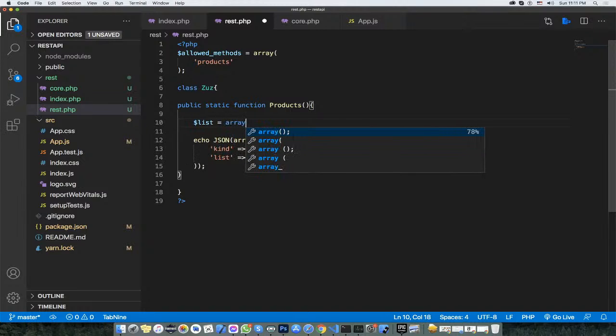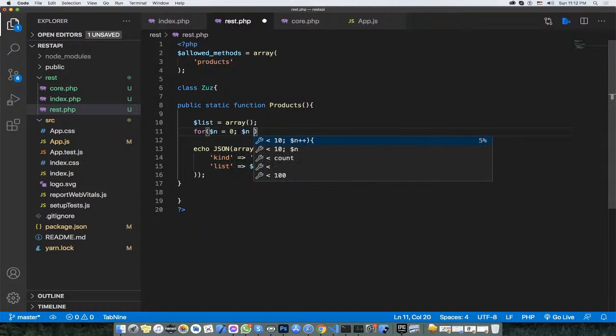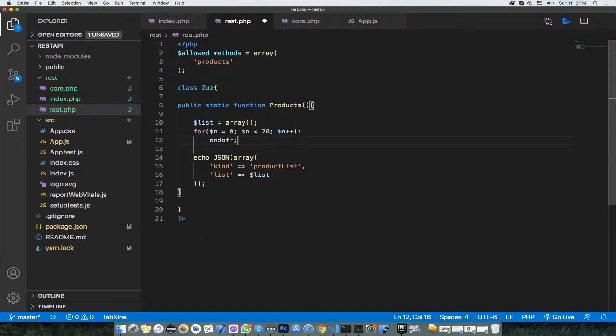The list is going to be an array, and let's quickly fill this array with a loop, for $n equals 0, $n is less than, let's use 20, and $n plus plus, and close our loop with endfor,